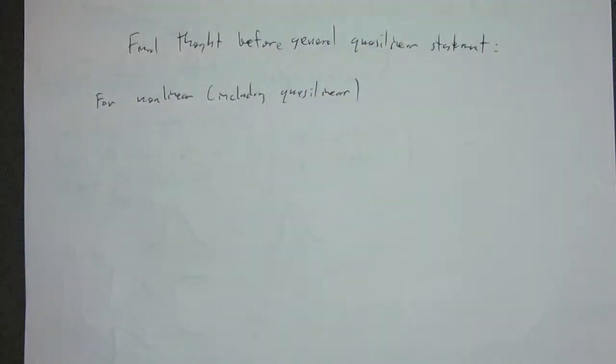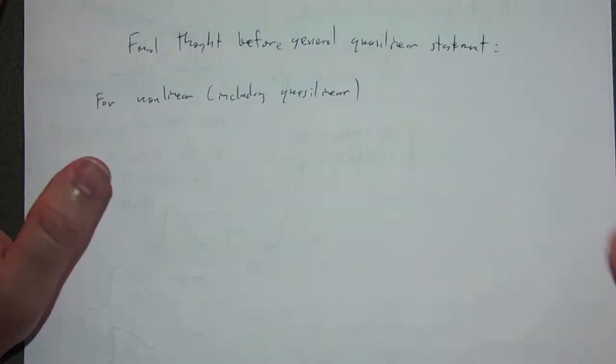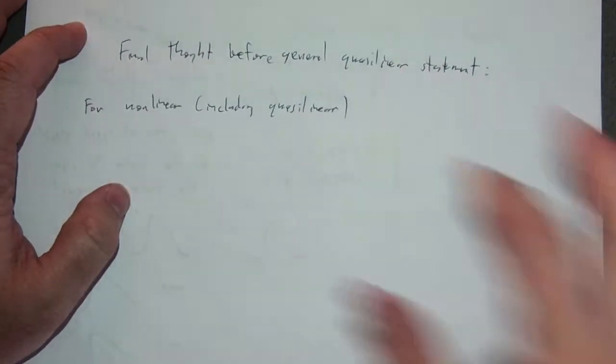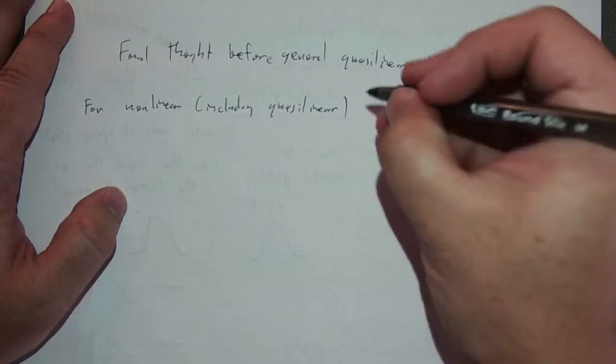It includes semilinear and linear, but even though semilinear is nonlinear, this is also something you don't really have to worry about. But for fully nonlinear and quasilinear first order PDEs,